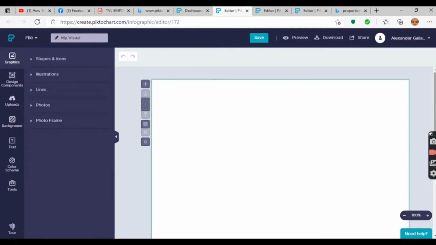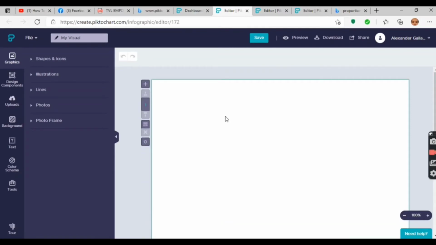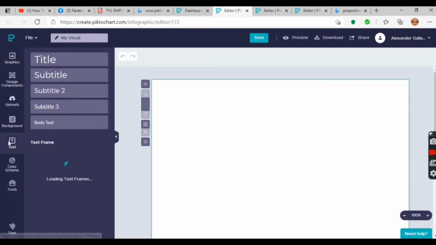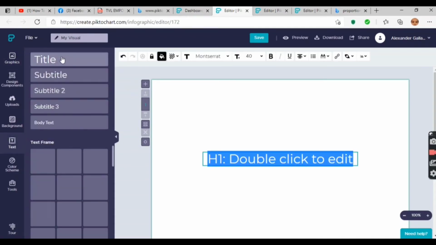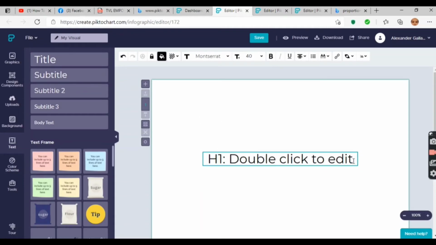Okay, so as you can see, the template is blank. All you have to do is go to text, and then click title. It says here double click to edit, and then you have to delete it and type the title of your infographics. Okay, like for example,